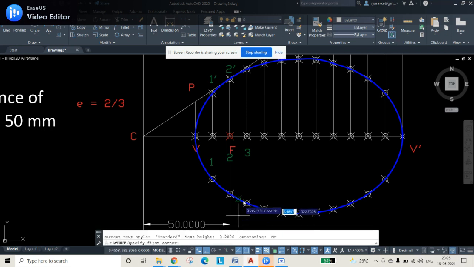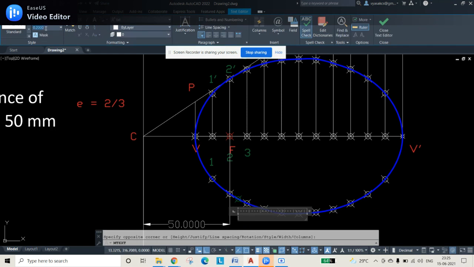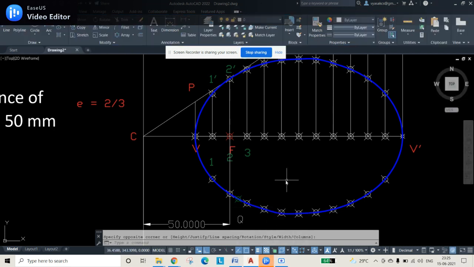Mt enter. Size 4 I'm giving. What shall we give? Let us give Q and press close. So I have selected a point which is in green color, that is Q, and at this point I want tangent and normal.